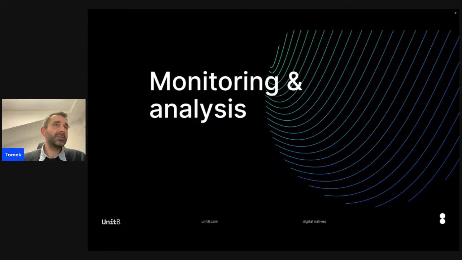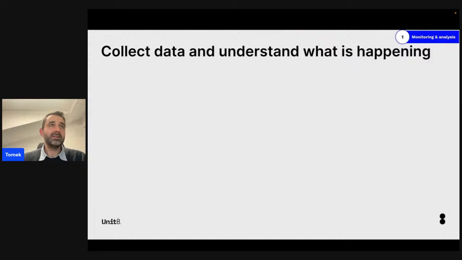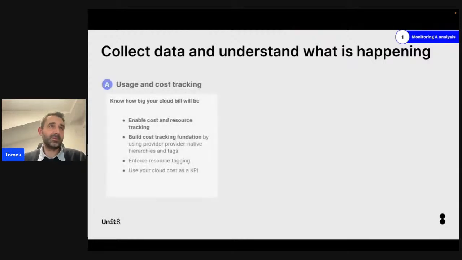Okay, now we're moving into monitoring and analysis. This is all about collecting data and understanding what's happening on your platform. I'll talk about three main areas here. First is usage and cost tracking. It's all about knowing how big your cloud bill is going to be. So you need to enable cost and resource tracking. You want to be as granular as possible about this. You can consider using tagging and different hierarchies so that you can attribute your cost, and always make a KPI out of your cost and measure it on different